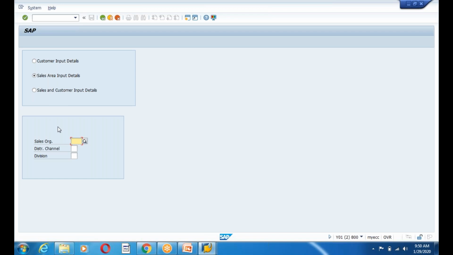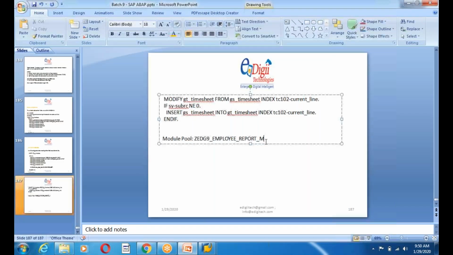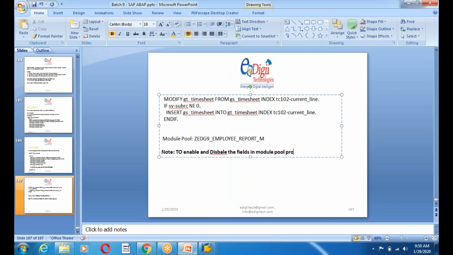So you need to handle the groups, guys. In the module pool you need to use the groups to enable and disable the fields. It's very important, you know. Note: to enable and disable the fields in a module pool program,